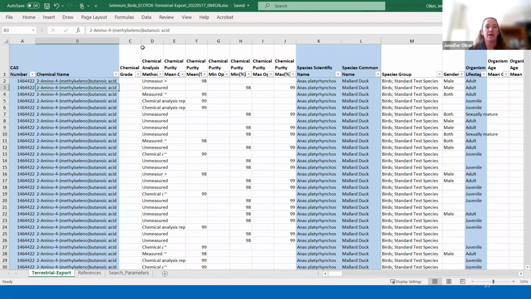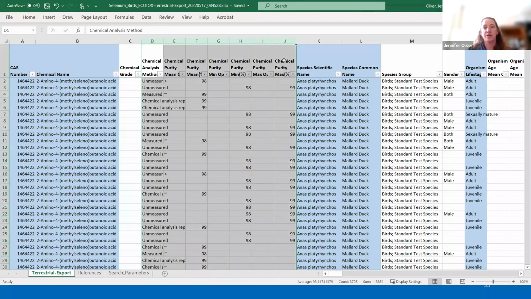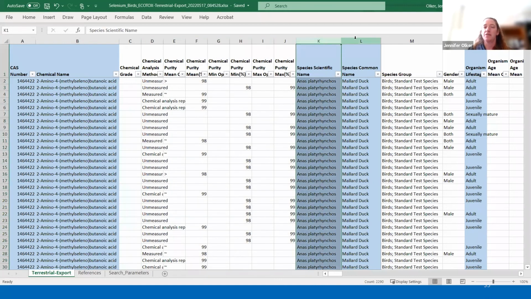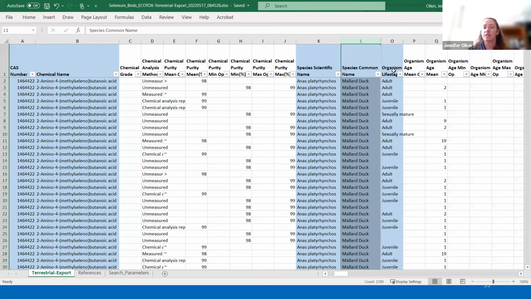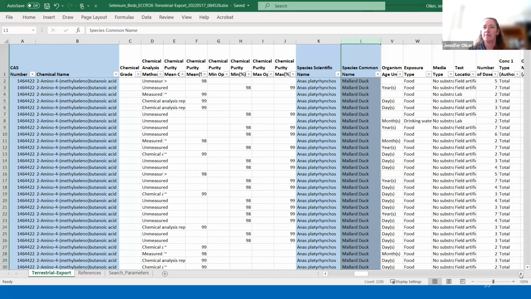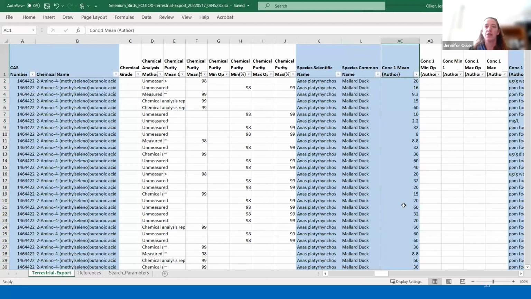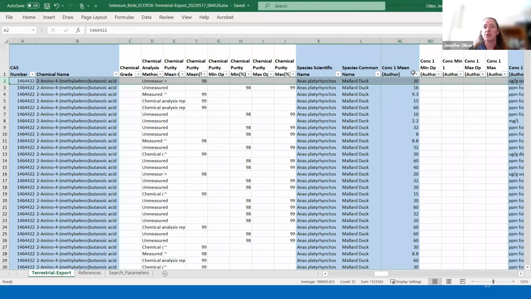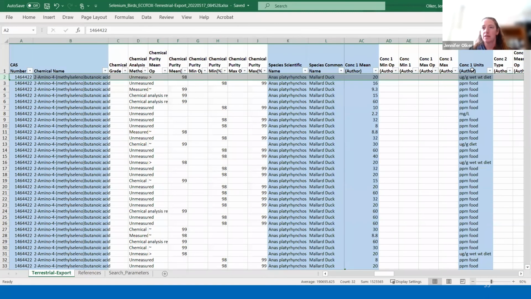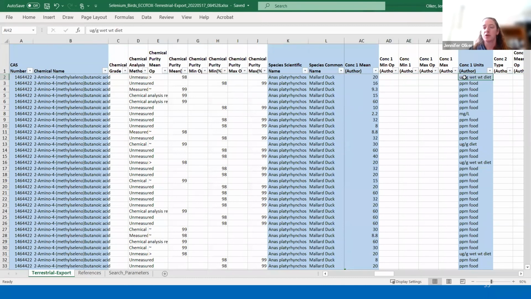And the chemical name, a bunch of information on chemical analysis, purity. Again, I just highlighted a few fields you might want to be looking for: the species names, organism life stage. And then this concentration 1, author or standardized, is the concentration associated with the effect that's being reported. So in this record here, we have a concentration of 20, and then over a few other fields, there is the units, so 20 micrograms per gram